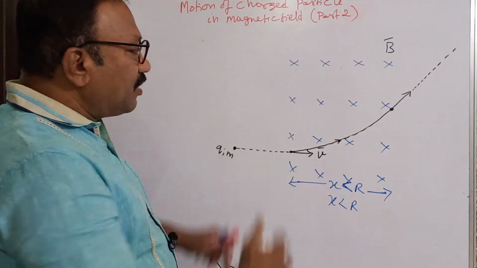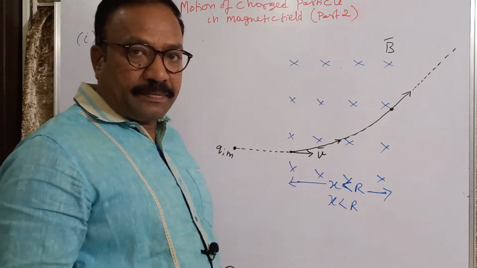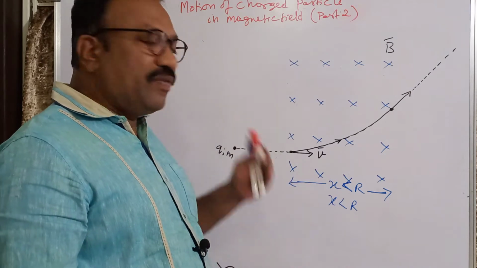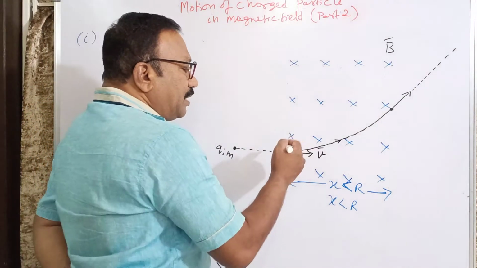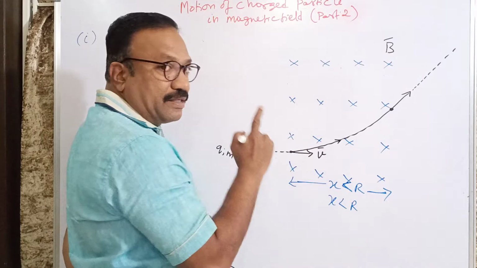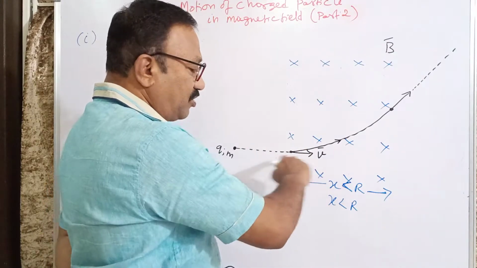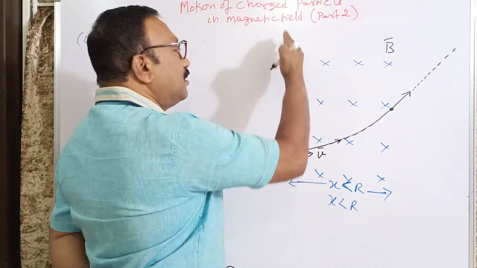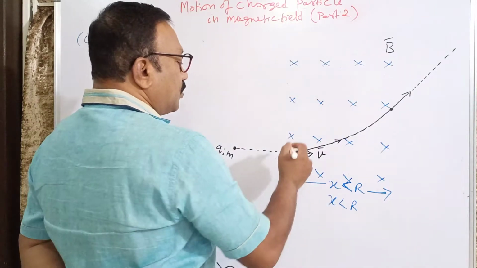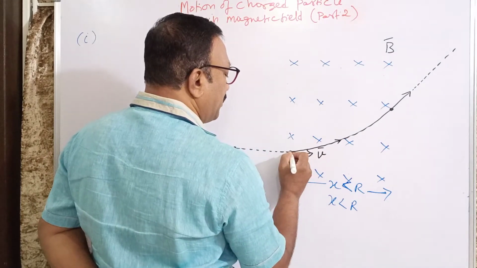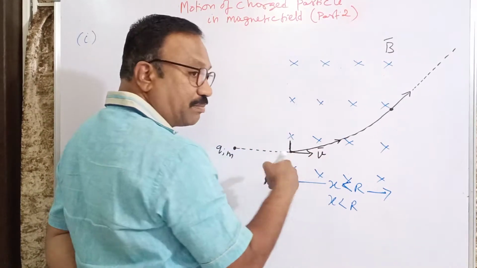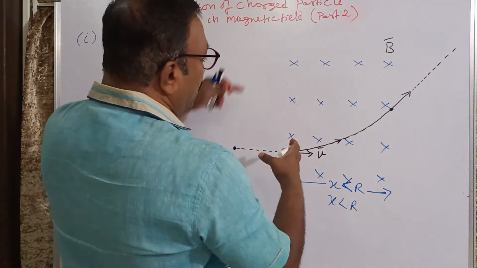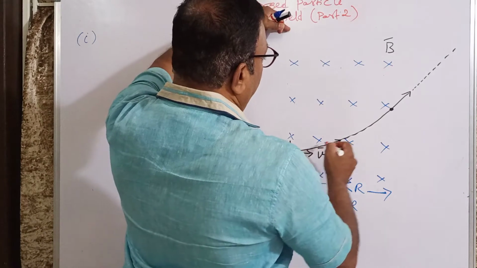So let us look at the center of the circular motion first, and then we will find out the radius. From that we can answer. Always for a circular motion, the radius is perpendicular to the velocity. Velocity is always tangential, so perpendicular to that you will have a radius. I can expect some radius from here, because perpendicular means here only it is perpendicular. So I will draw one line perpendicular, so that the center of circular motion I will have like this.